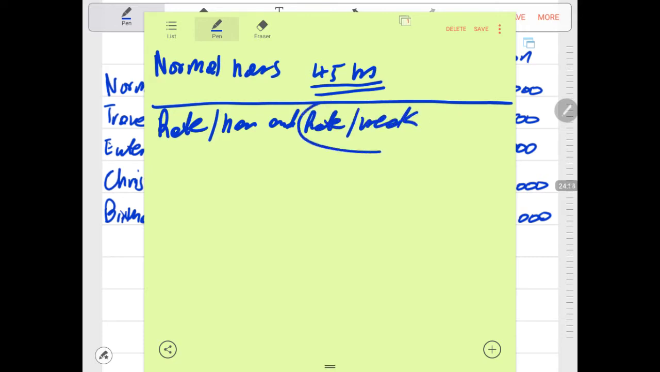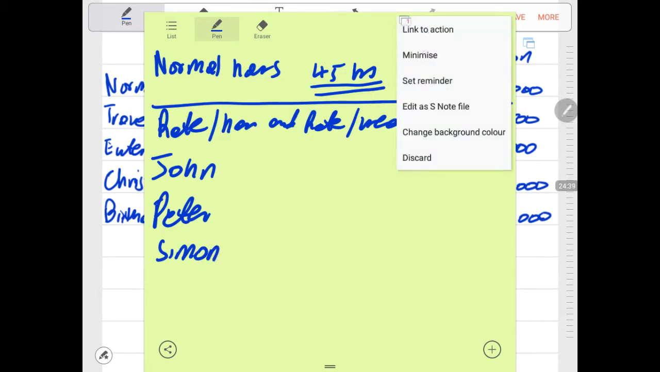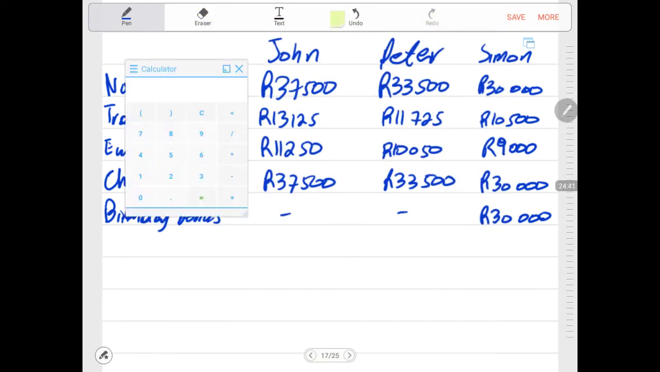But I'll start with the rate per week, then after I do the rate per hour. We have 3 employees, which is John, Peter, and Simon. Now, we need to do the calculation and say John earns an annual salary of 450,000